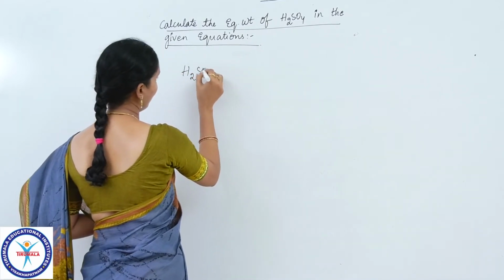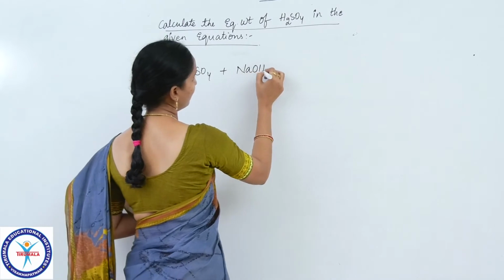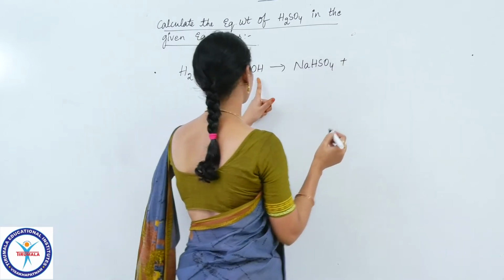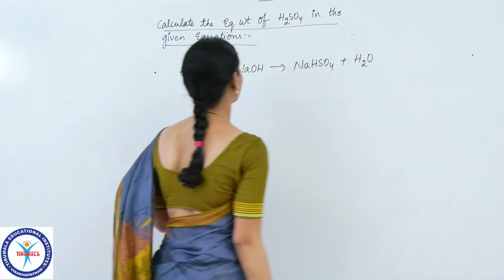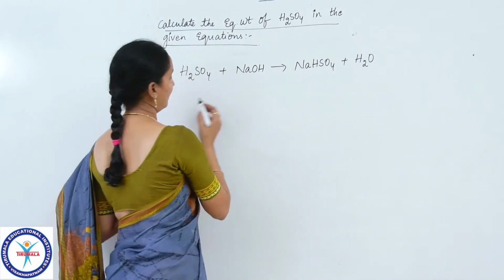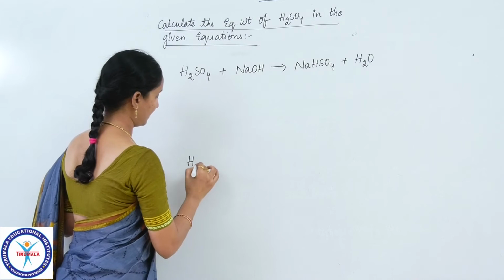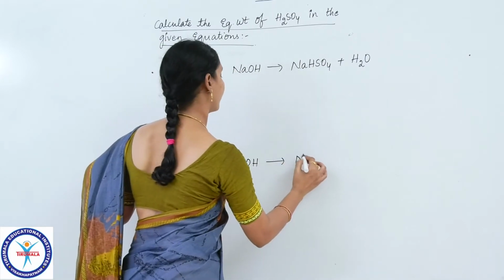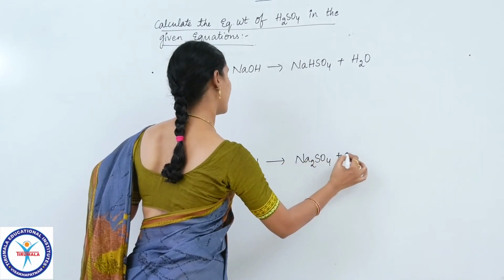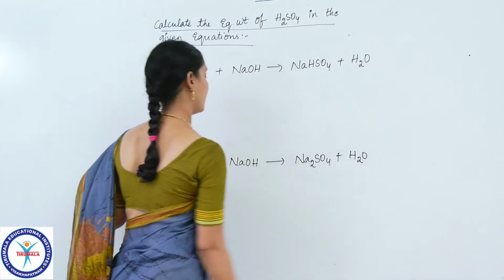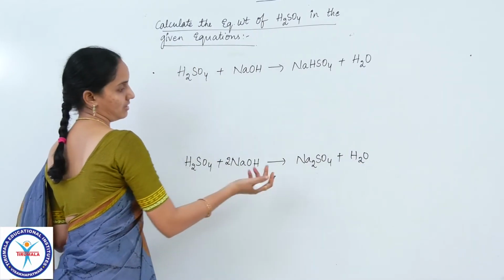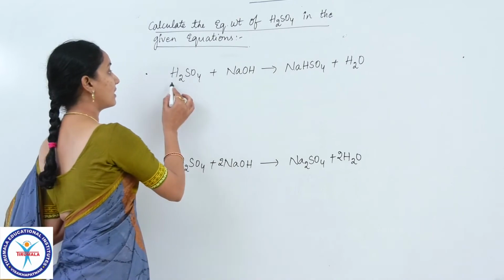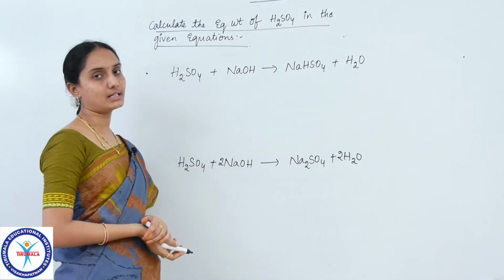So H2SO4 plus NaOH gives rise to NaHSO4 plus H2O. And the second equation is H2SO4 plus NaOH gives rise to Na2SO4 plus H2O. So in order to balance it, we have kept 2 here. So 2H2O it becomes. So now we have two equations like this, where sulfuric acid is reacting with sodium hydroxide